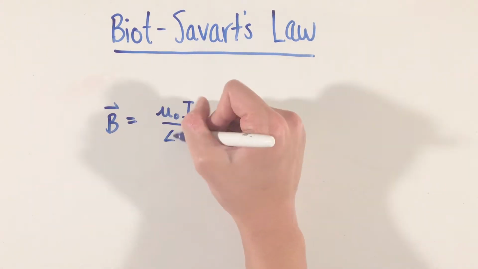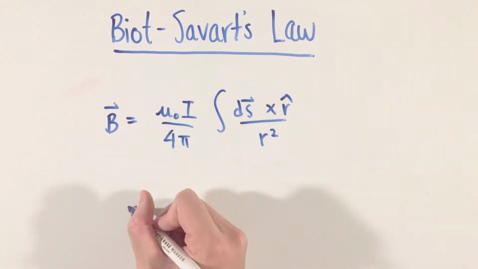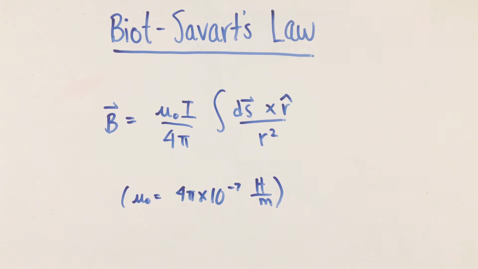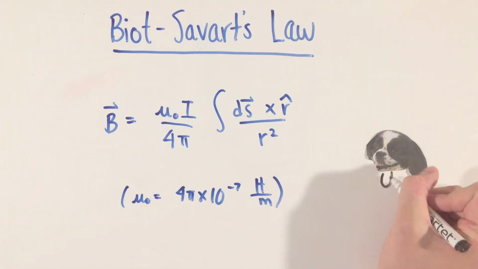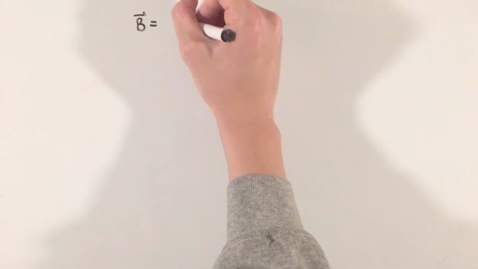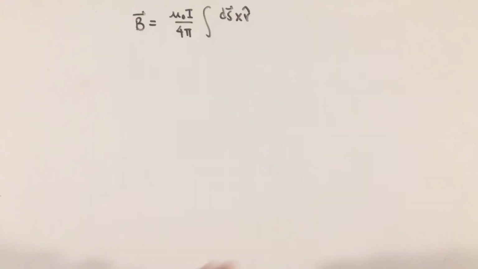Law of Biot-Savart. Biot-Savart's law provides a relationship between the magnetic field at any given point and the current, distance, and length, and is honestly quite complicated at first glance, so let's take a look at each component separately. In essence, this equation sums up all of the magnetic field contributions due to each tiny piece of current-carrying wire